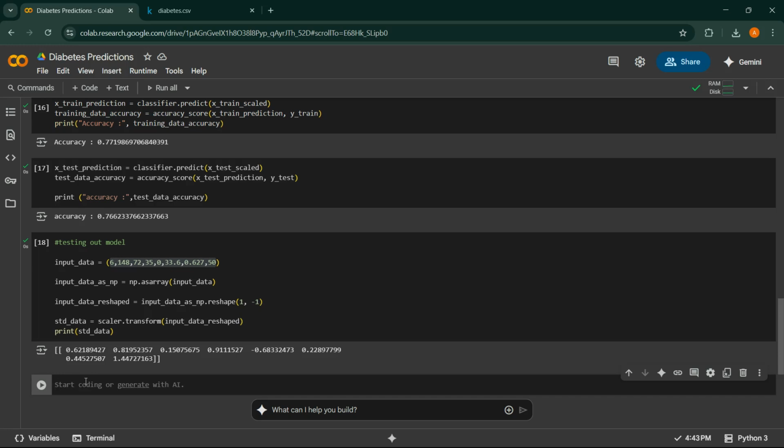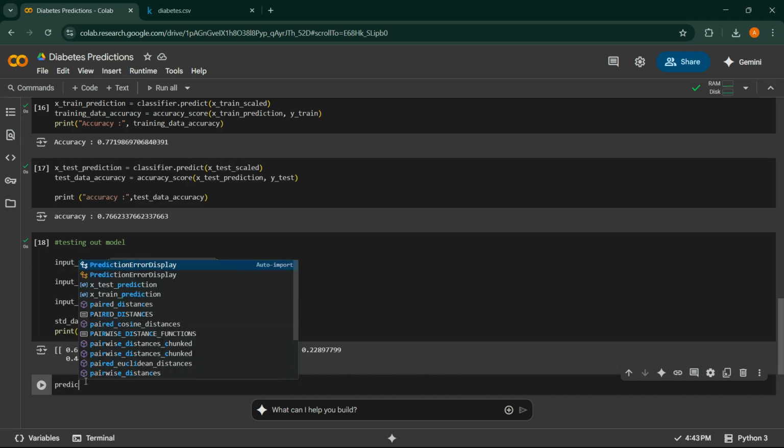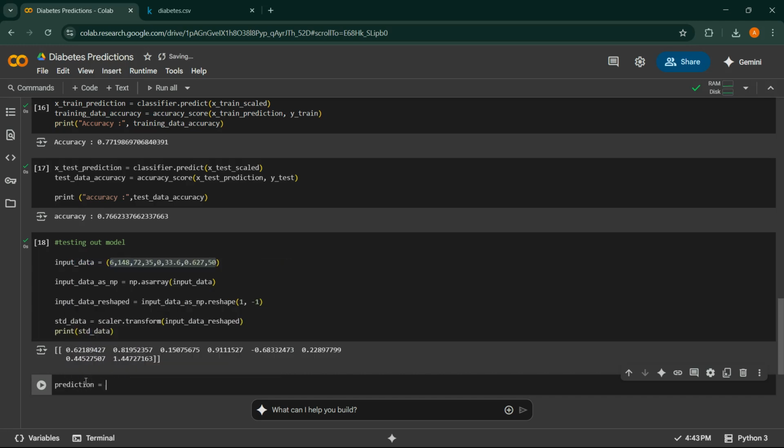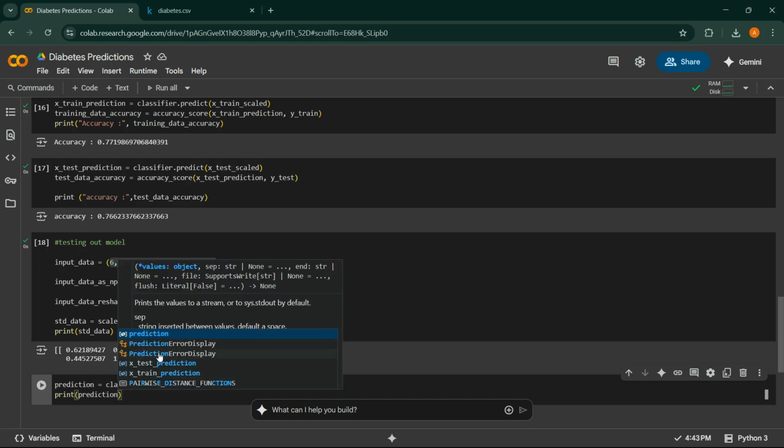Finally, we will pass this standardized input to our trained classifier to get a prediction. So we will be creating a variable called prediction, which will take classifier.predict, and in which we will put the standardized data. And now we are going to print the prediction. The prediction variable will contain 0 for non-diabetic and 1 for diabetic. We can use an if-else statement to print a user-friendly